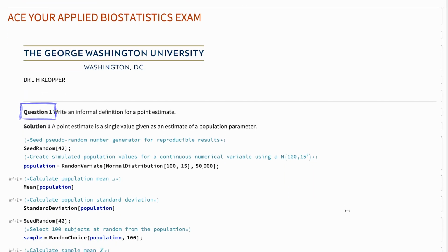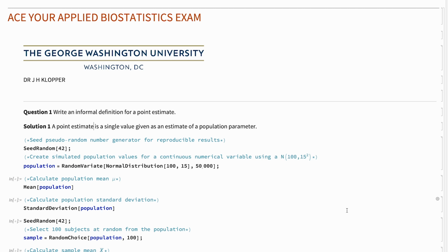So question number 1, write an informal definition for a point estimate. The solution that I wrote here is: a point estimate is a single value given as an estimate of a population parameter. So we're going to take a sample from a population and calculate that sample mean. That is a point estimate, and it is a single value that is what we think is a good estimate